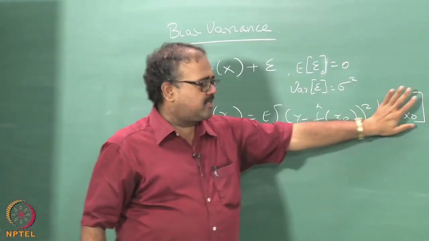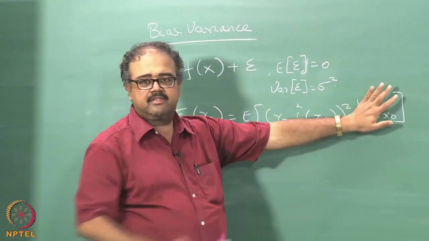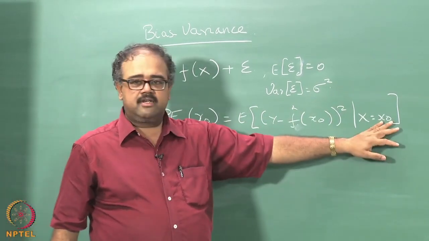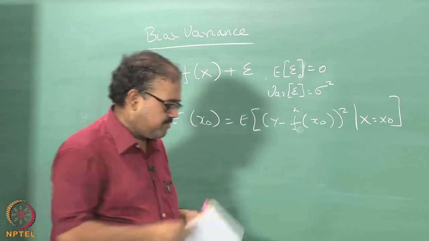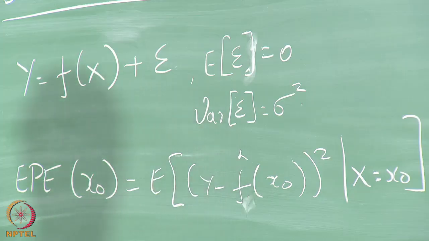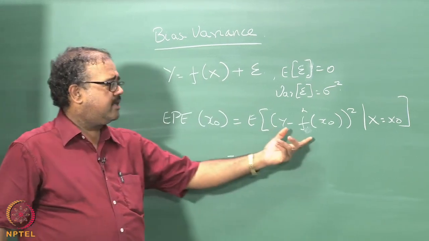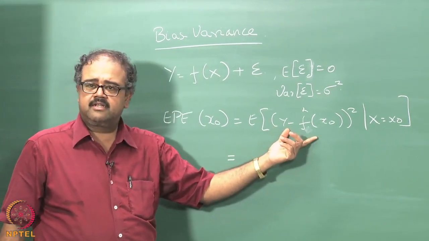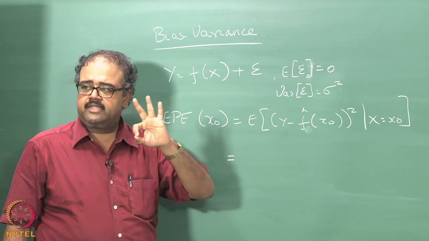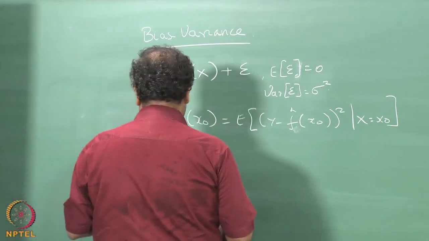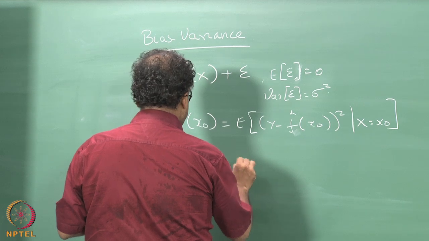We knew what the expected prediction error was: y minus f hat of x whole squared, but at the point x naught I am just conditioning on x naught, and this is my prediction error. It turns out that I can rewrite this expectation as a sum of 3 terms. Okay. So what are the 3 terms? The first term